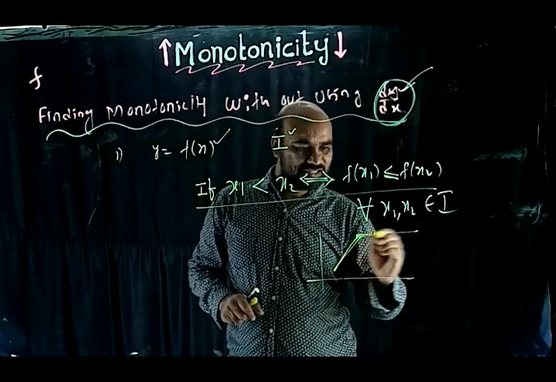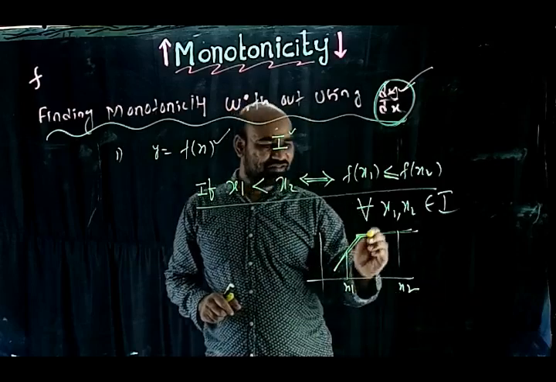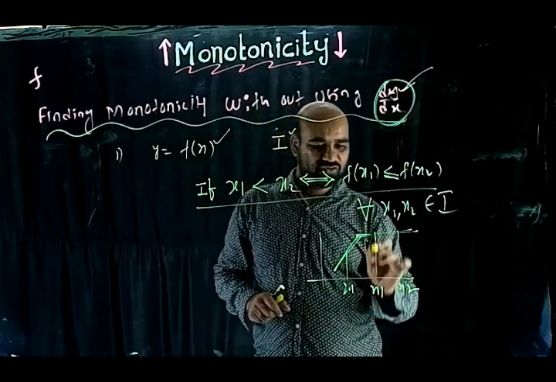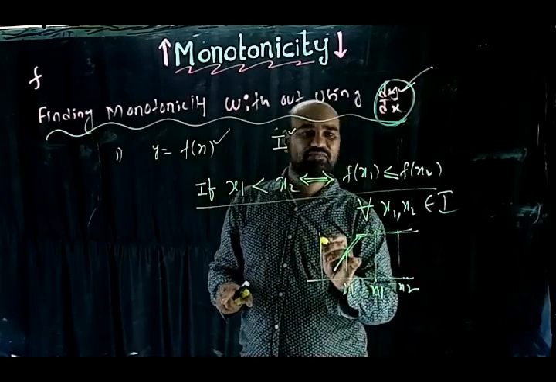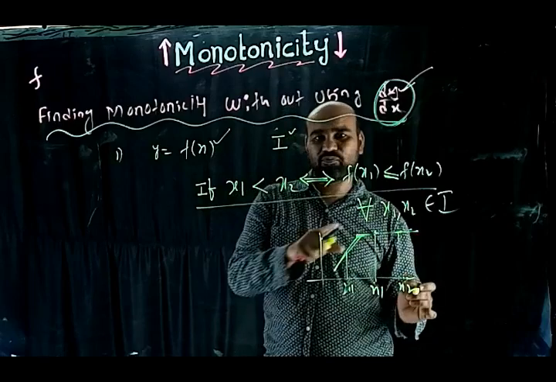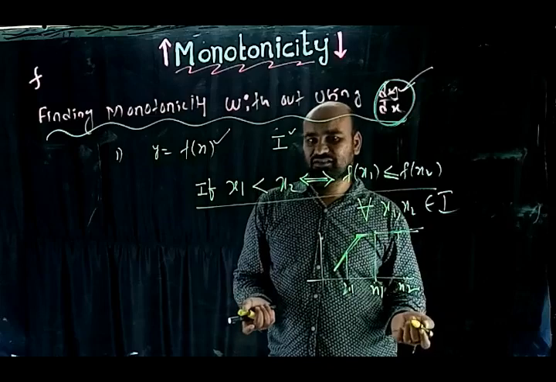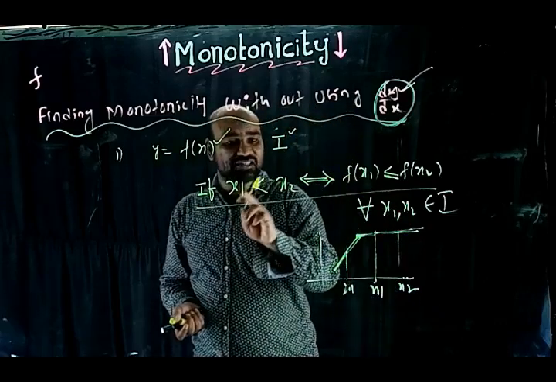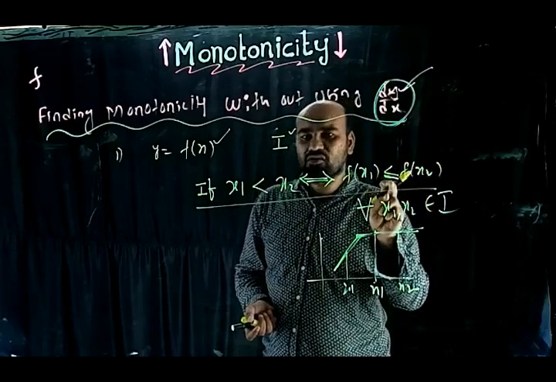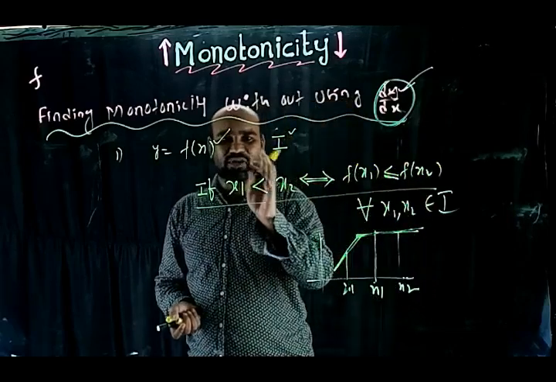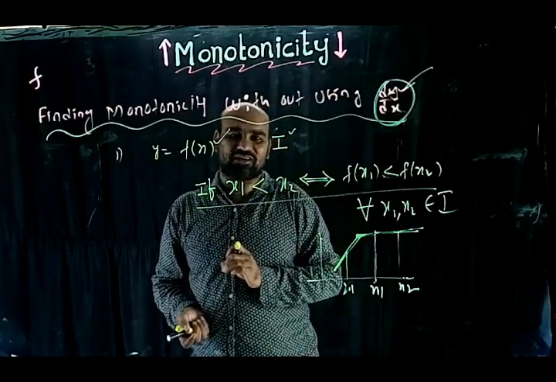Checking, what happened? It is increasing. Here x1, here x2, or take here x1, here x2. f(x1) and f(x2) are the same, because the graph of the function is flat over a particular interval. What can you say here? You can say the function is increasing, not strictly increasing. That means x1 < x2 implies f(x1) ≤ f(x2), then you can conclude that the given function is increasing in that particular interval. If you get only less than, then you consider it strictly increasing in that interval.